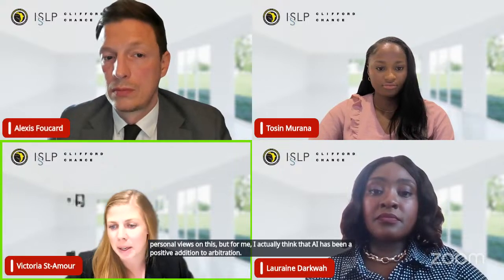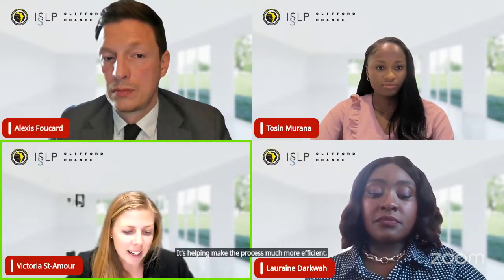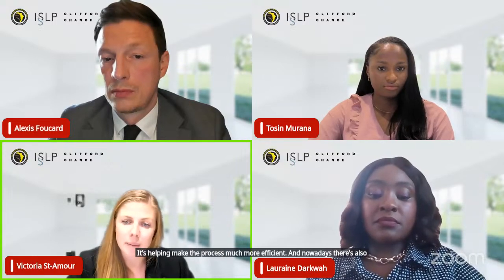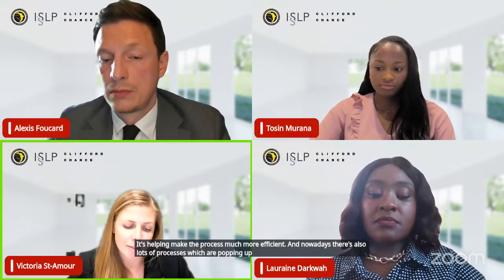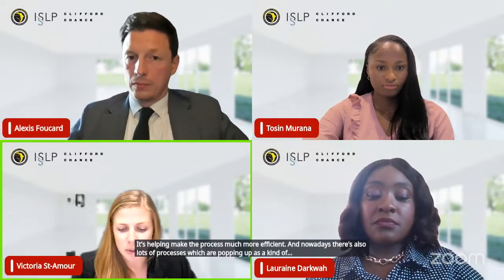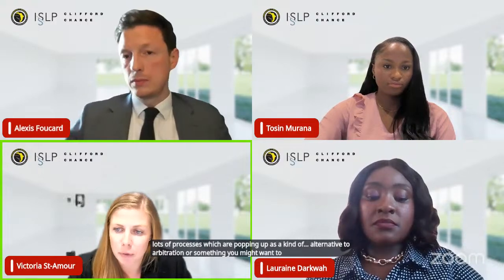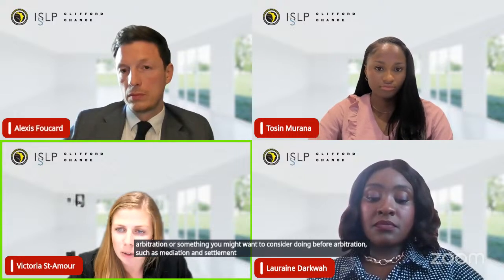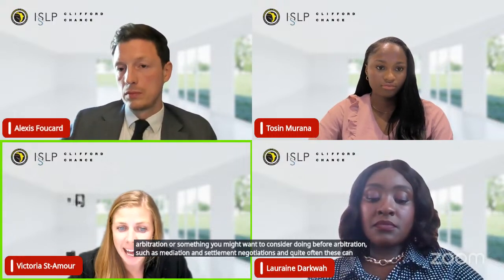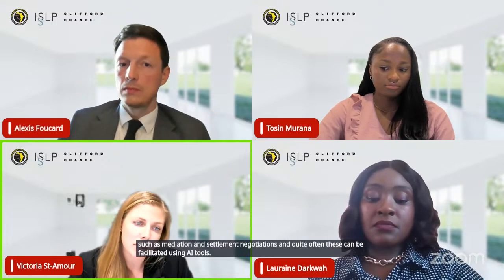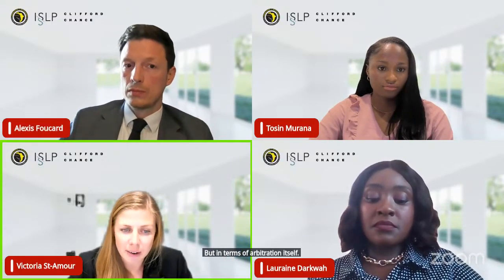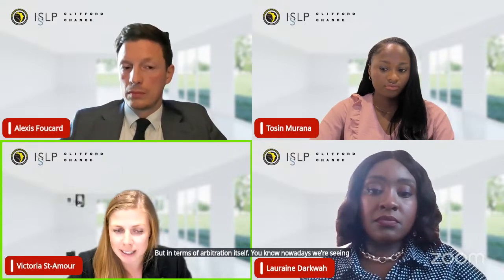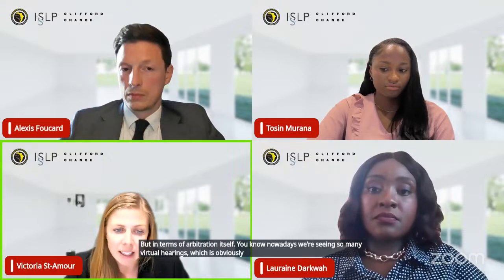It's helping make the process much more efficient. And nowadays, there's also lots of processes which are popping up as an alternative to arbitration, or something you might want to consider doing before arbitration, such as mediation and settlement negotiations. And quite often these can be facilitated using AI tools. But in terms of arbitration itself, nowadays we're seeing so many virtual hearings, which is obviously saving a lot of time and money. And within those hearings themselves, parties are using more and more AI-based tools to make